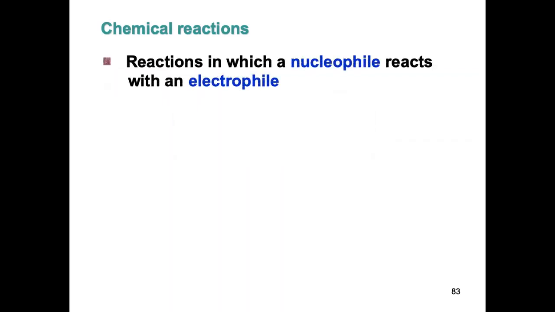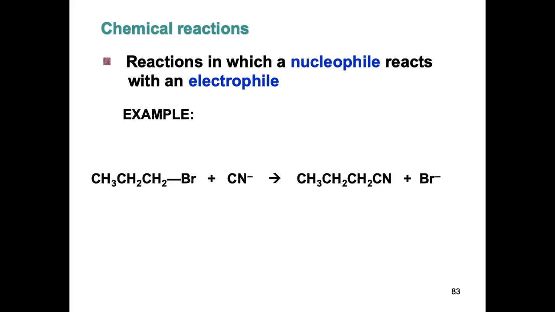The definition of chemical reactions is reactions in which a nucleophile reacts with an electrophile. Remember that the electron-deficient species is electrophile, so our carbon is electrophilic carbon, while this is negatively charged, so it